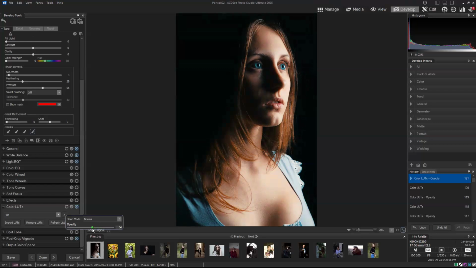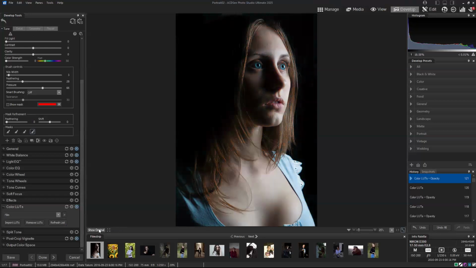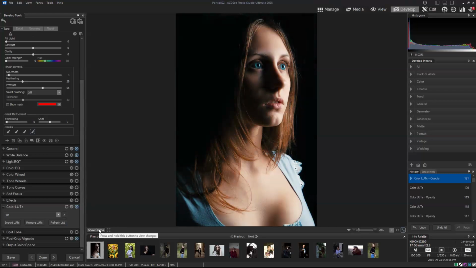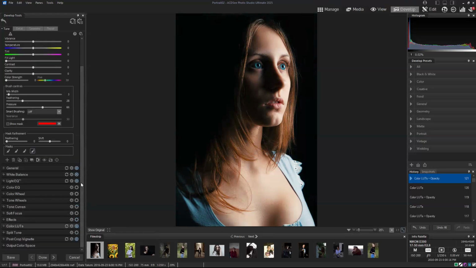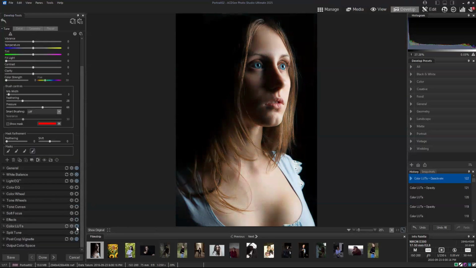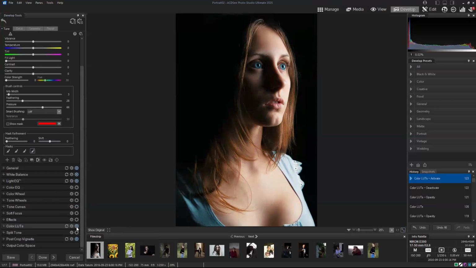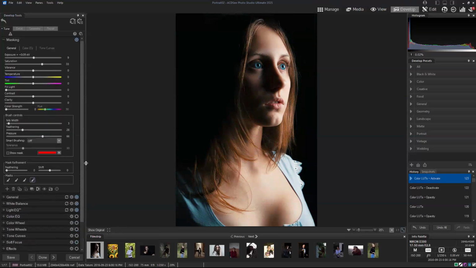And I'm going to drag the opacity a bit down. So there we go. Before, after. As I was saying, if you, for example, want to achieve a cinematic effect on your image and not necessarily apply any LUT,